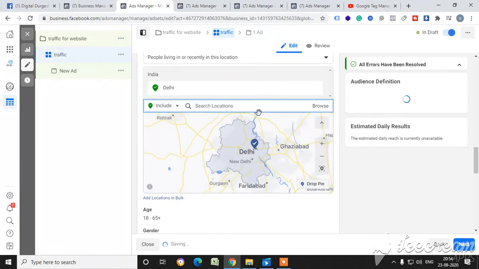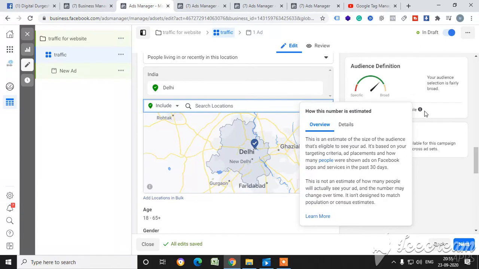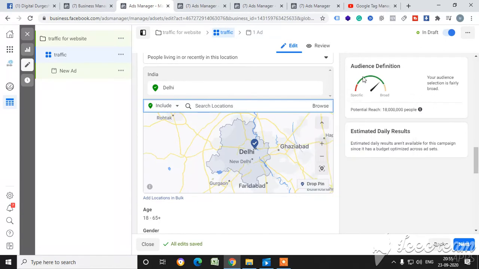See, the potential audience of Delhi is more than, I think, 1 crore 80 lakh people. It's the perfect audience, the target audience defined by Facebook ads.